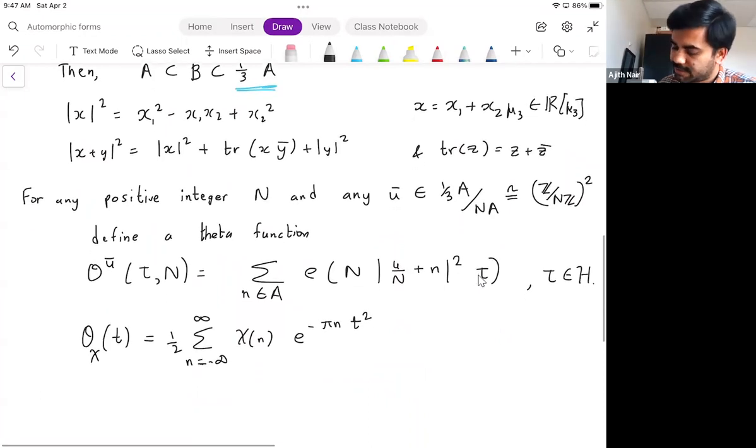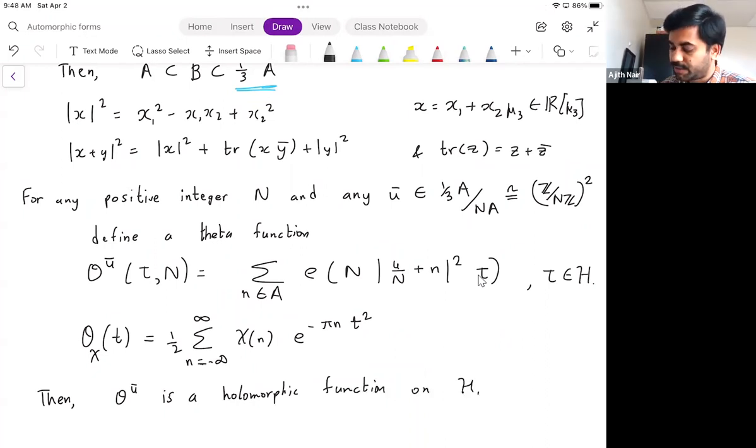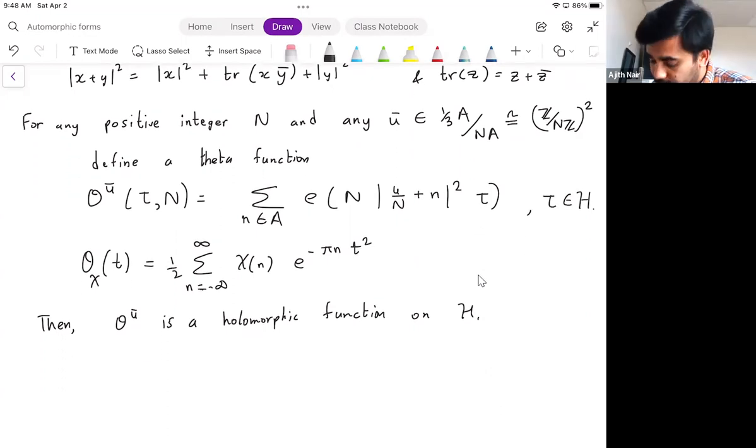So this is an infinite series, and we want to say that this is a holomorphic function on H. Right, so it's a holomorphic function of tau, where tau is in the upper half plane. Now the first lemma is to show that